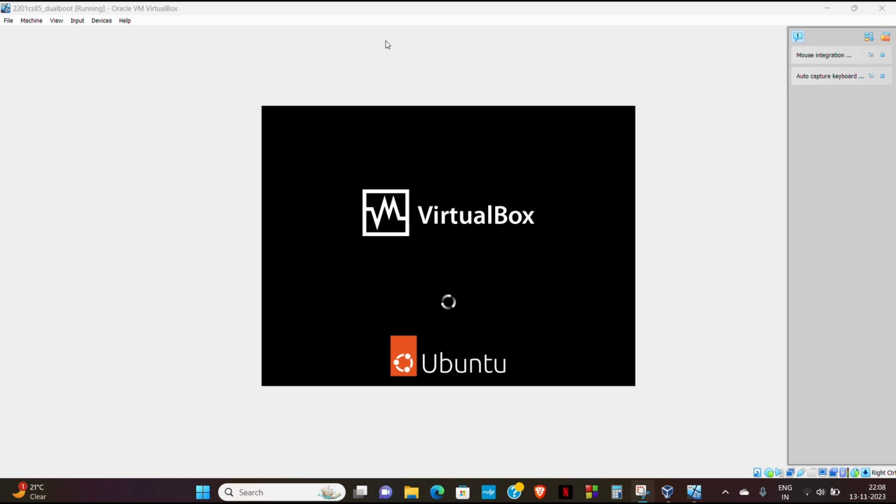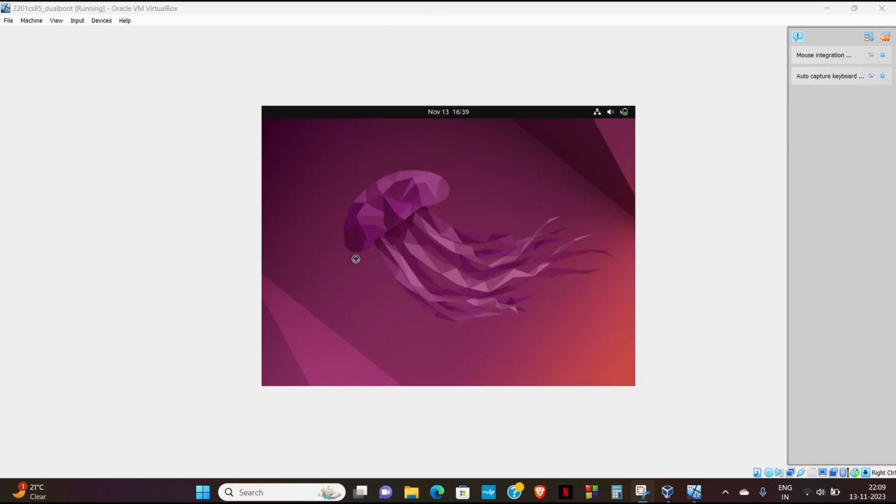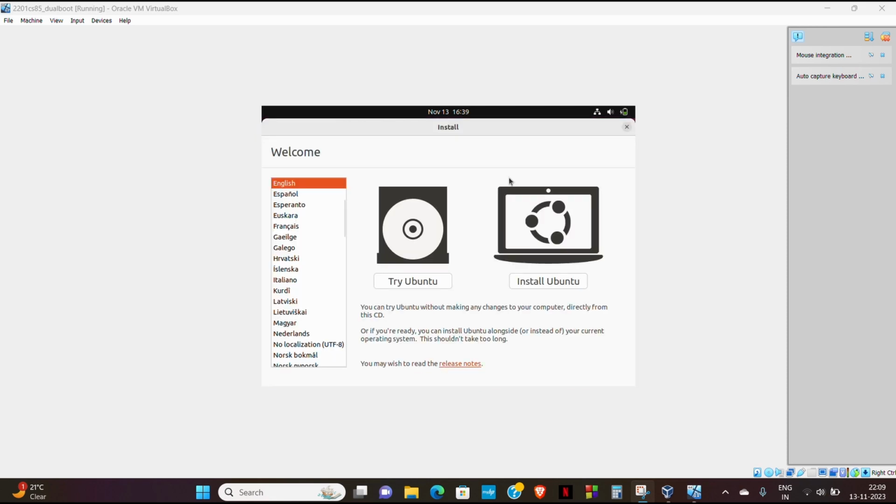Here also you will have to wait for a couple of minutes, and then we'll get it installed. So the Ubuntu has opened up, and now it will ask for the installation. You will click on install Ubuntu,